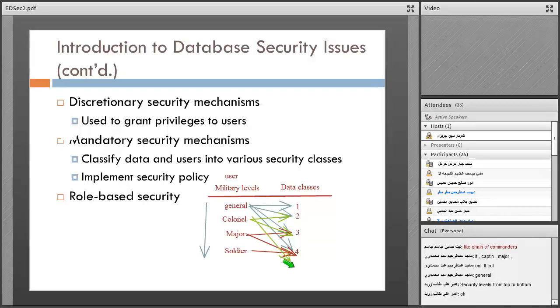One moment. We have two issues here: one, data, and one, the privileges to change the information. For example, as a user of a bank account, you cannot create a new account. In Iran, it's just this; I don't know in Iraq.